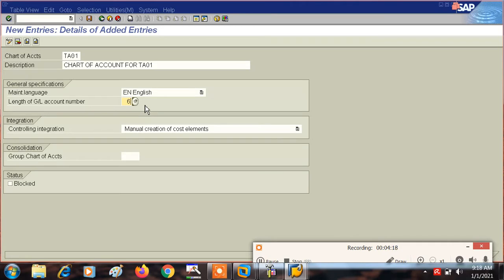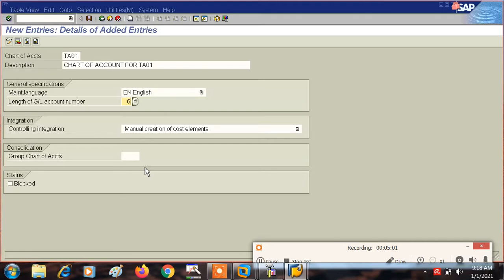Now chart of account is of 3 types: operating chart of account, group chart of account, and then country specific chart of account, right? But right now we are going to focus on only operating chart of account. Why? Because group chart of account, I can also show you. See here, you can maintain group chart of account, right? And with the same T code you can create group chart of account also. Even if I show you group chart of account, country chart of account, I cannot show you the effects, because